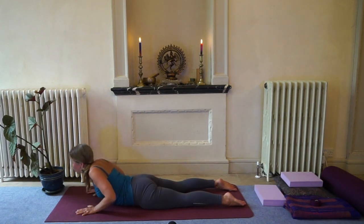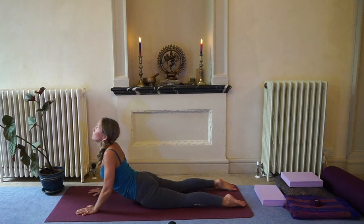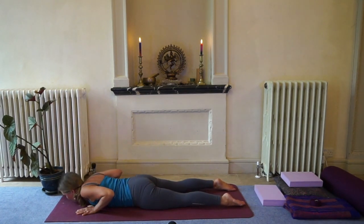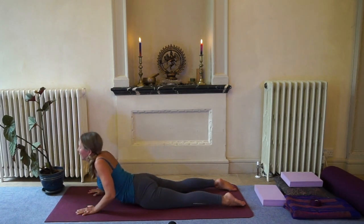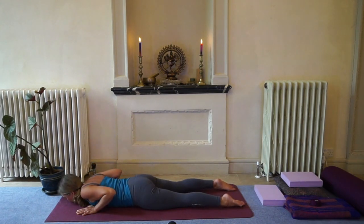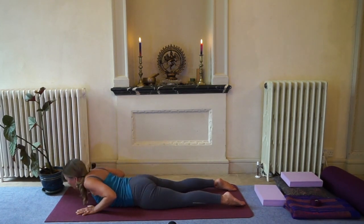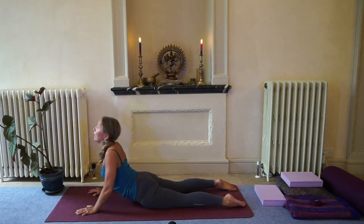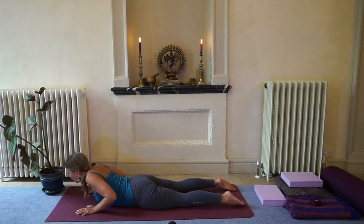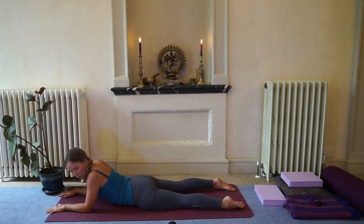Inhale up. Exhale down. Inhale up. Exhale down. Inhale up. Exhale. Inhale, exhale. One more time, as long as it's okay on your lower back. So really making sure you're okay. Inhale up, exhale down. And if you feel like you need to, you can come for a moment into Sphinx again, and